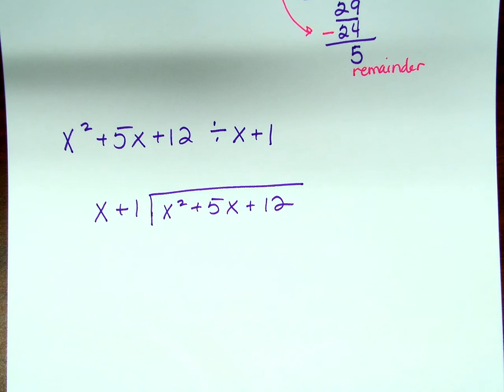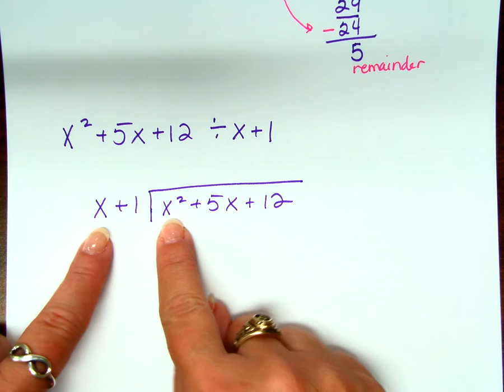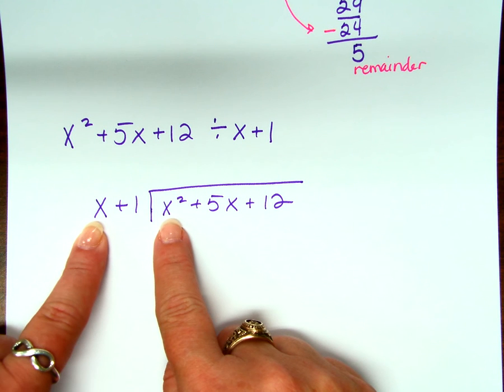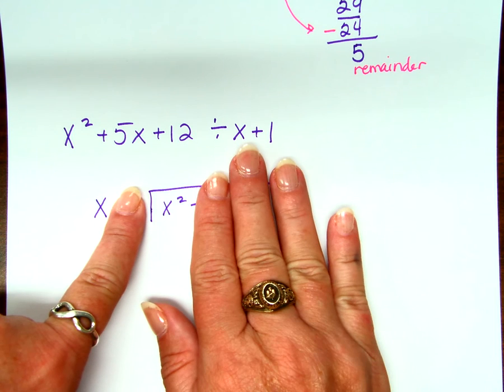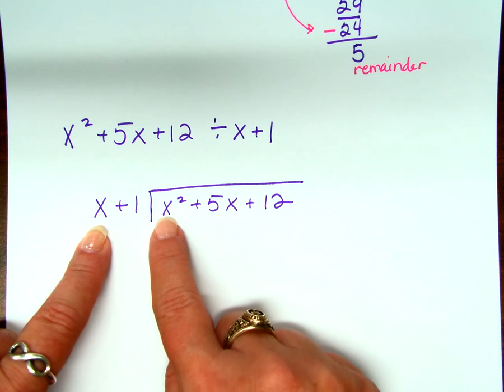Now, some of you are trying to think about stuff in your head, about how we are going to divide this term by that term and everything like that. This part is even easier than the last part, because all I look at are the first terms. Only the first terms. I'm almost ignoring this and ignoring this right now. Almost. I just look at the first terms. What is x squared